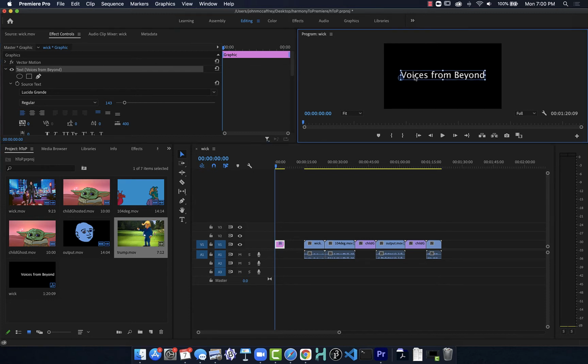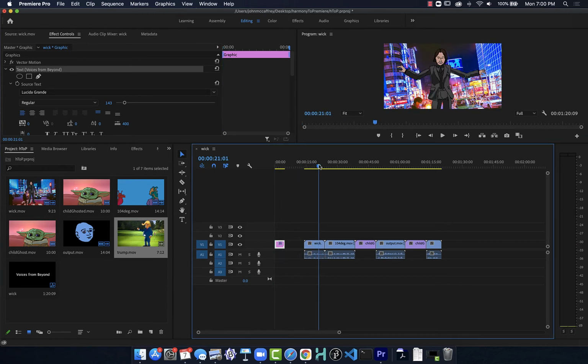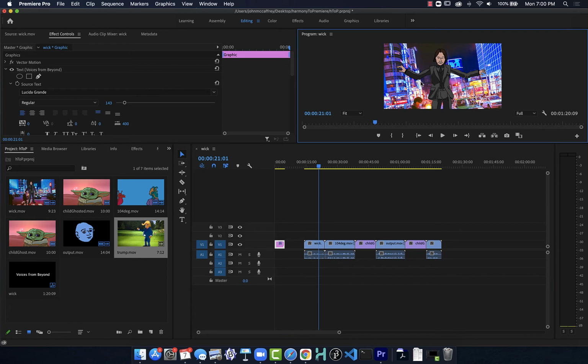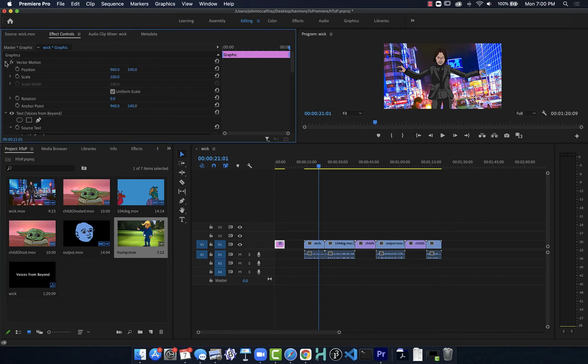Now the nice part is I can just click and drag it, which is a little different than if I wanted to move this video over. If I select it with the select tool, I can't move it. And we move it by going under our motion, under effects, and then we can change our position. So then I could,